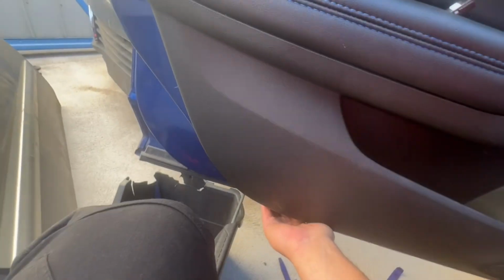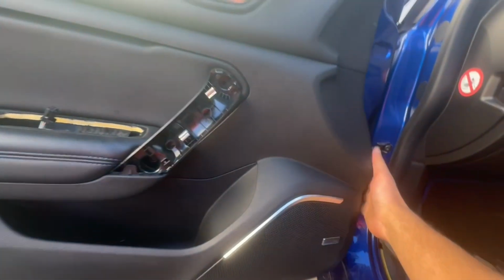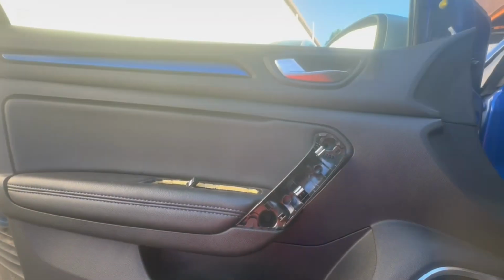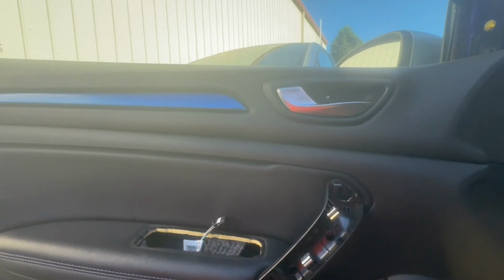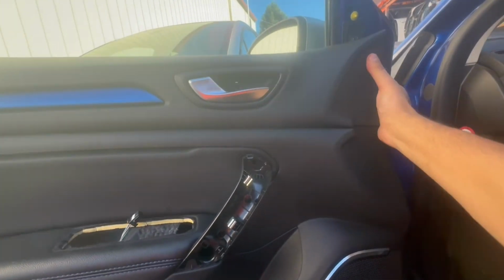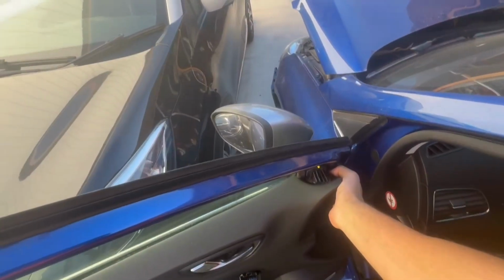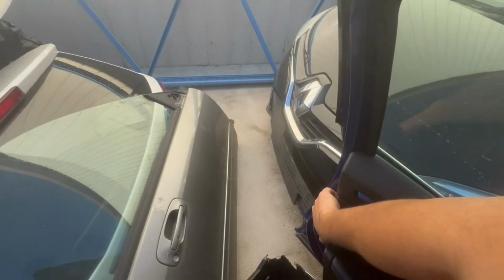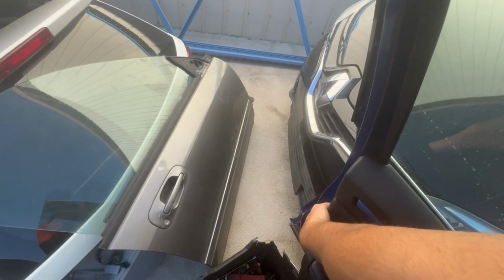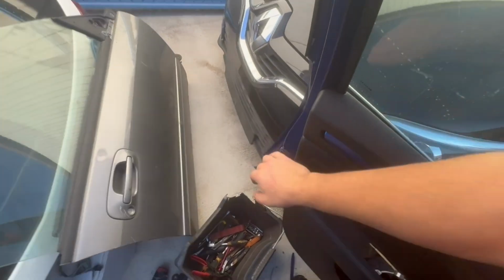And then give it a pull. And it's come off. You want to pull it out from the bottom and the sides first, and you'll need to slide it upwards to detach it from the window seal. And when you're putting it back, it slots down first into the window seal. So lift it upwards